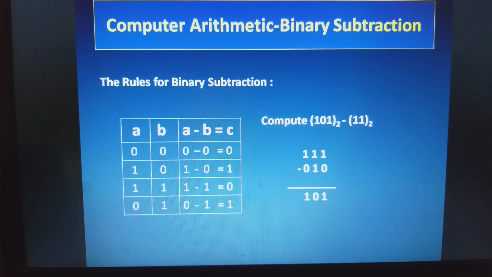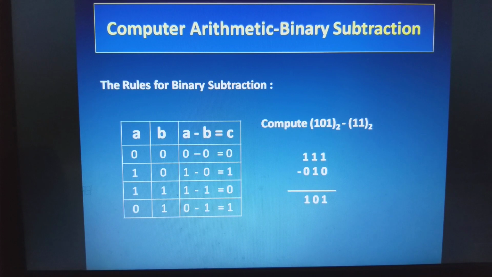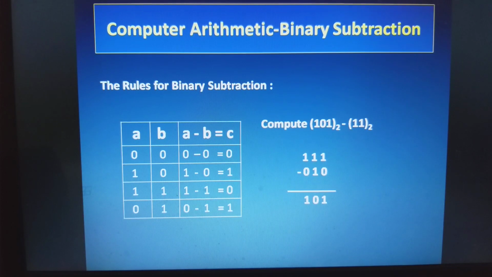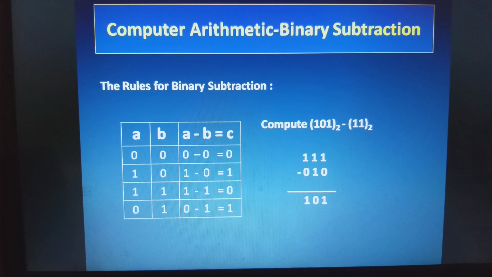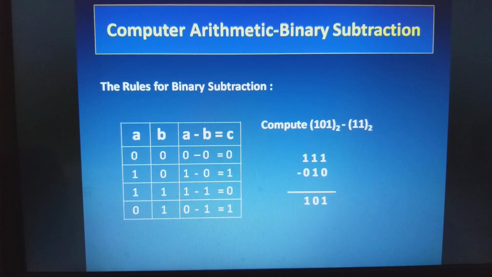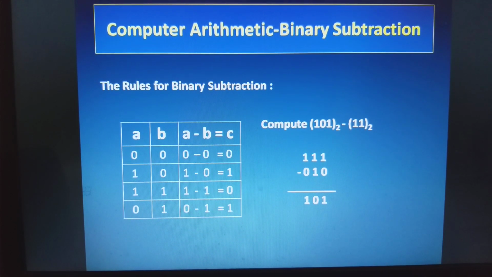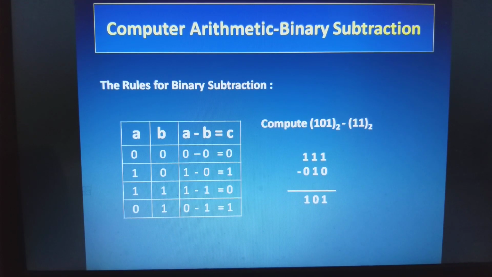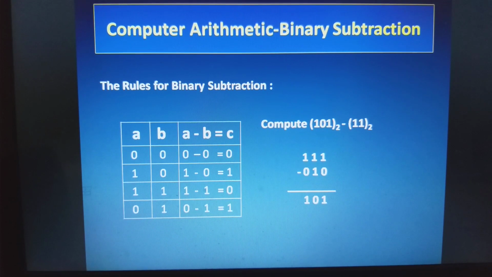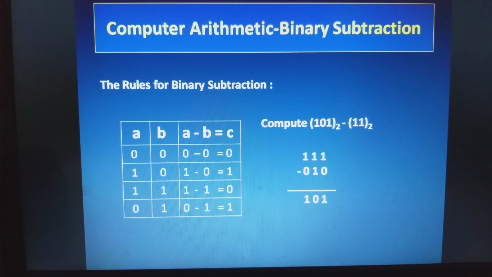Now we discuss the rules to subtract binary numbers. Here a and b are two inputs to give the output c. So children, we have to follow the rules as written in the binary subtraction table. Now with reference to the example, while subtracting 1 minus 0, the output will be 1, written under the same column. In the next place to the left, 1 minus 1 equal to 0, the output will be 0, written under the same column. Then 1 minus 0 equal to 1 is written under the same column.